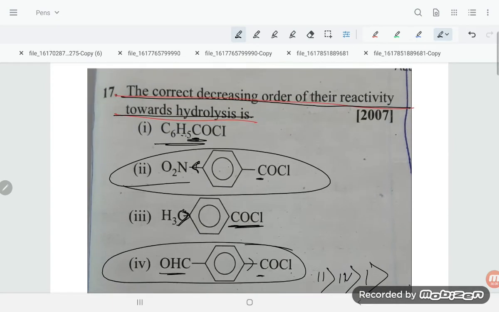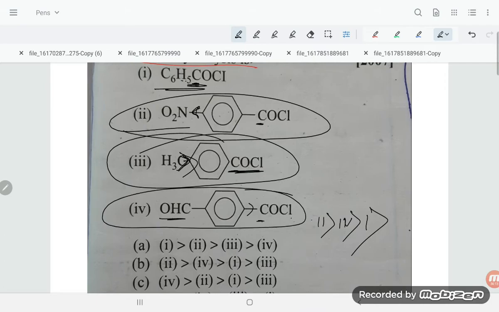And lastly, which should come here is the third number, because it is the donor, so that is third number. So this is the order of the reactivity. This way we will be able to understand these questions. Okay, no, students, that is not the correct order. Here some confusion will be coming for you also, that you have to keep in mind. Why the confusion, what could be the reason for the confusion, that I am explaining.